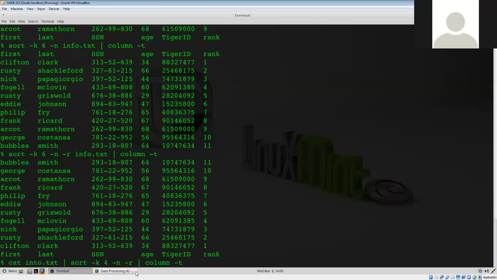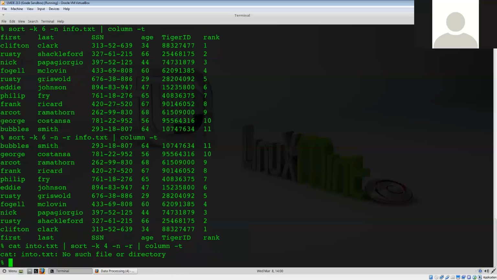The sort command takes a file as an argument, but if there aren't any files given, it'll take standard input. So you can use the sort command not just at the beginning of a pipeline, but in the middle of a pipeline. Here I'm going to use cat to get the text to the standard output, run that through the sort command, and then format it very nicely with the column tack t